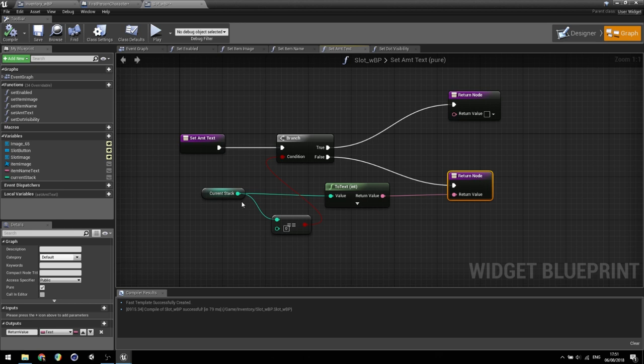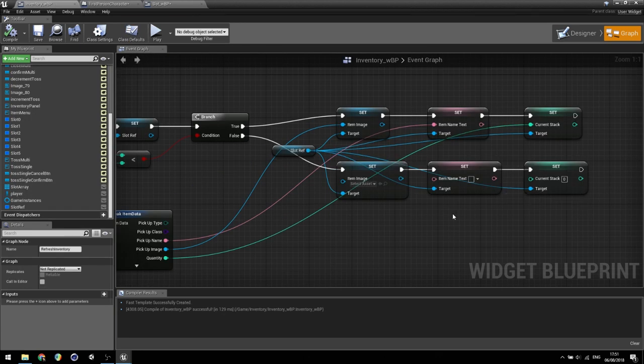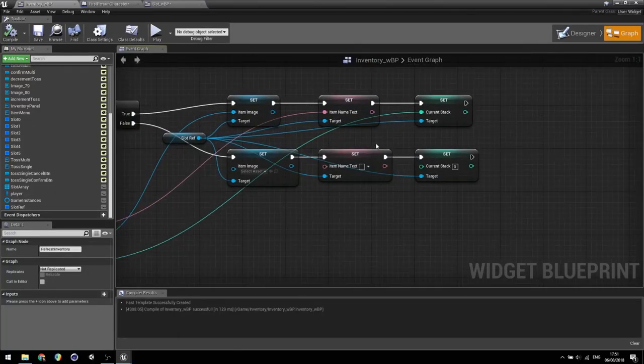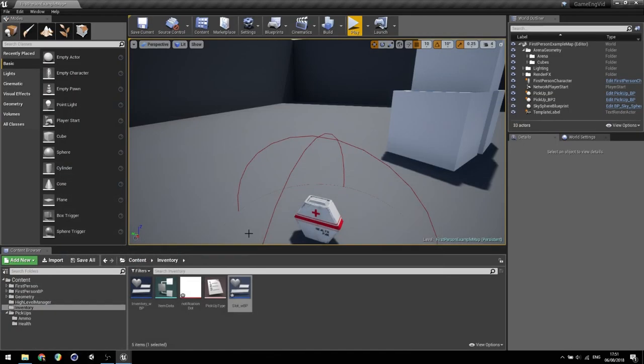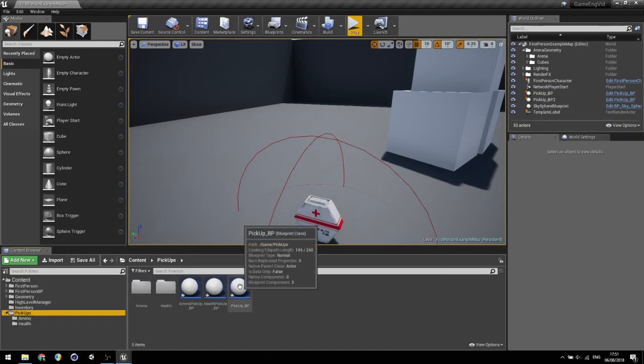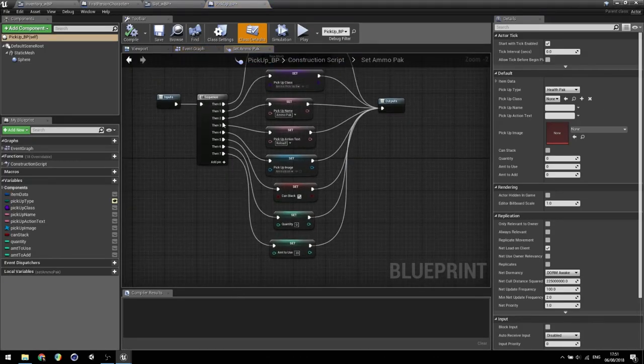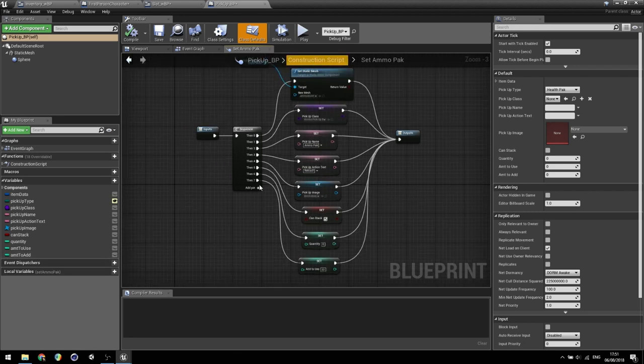that's false, current stack. Okay, let's just have a look in the inventory widget, quantity. That should be set in current stack. Okay, let's just have a look back in the pickup. Okay, so the mistake that we've made here is that we haven't actually set the amount to add variable, so